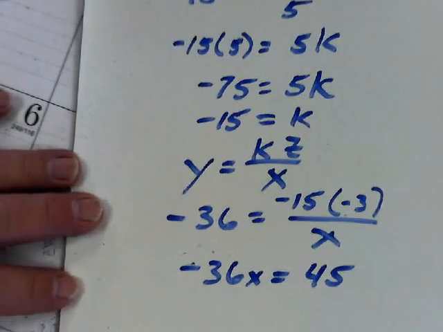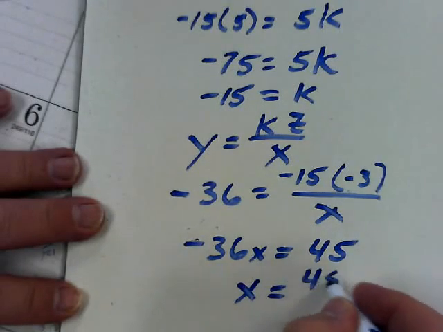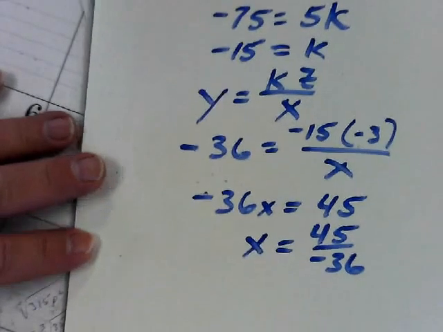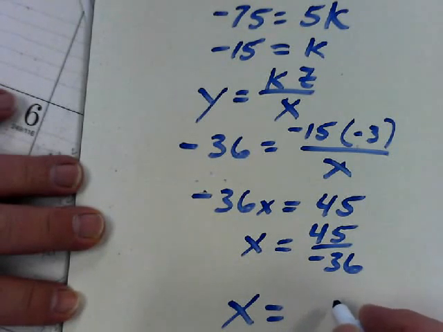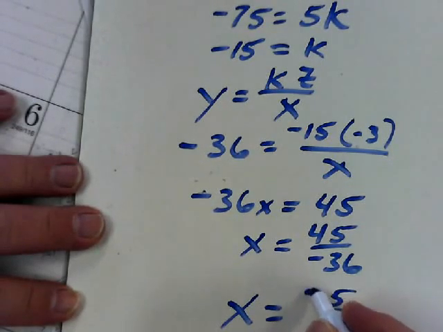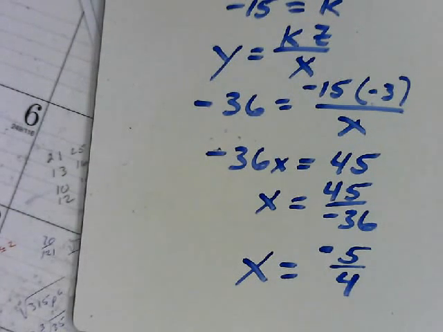Okay? So x would be 45 over negative 36. Can that be reduced? Yeah, by 9. So it'd be 5 and 4. Negative 4. And I'd probably put my negative up here with the 5. So negative 5/4. Yep, we're done with